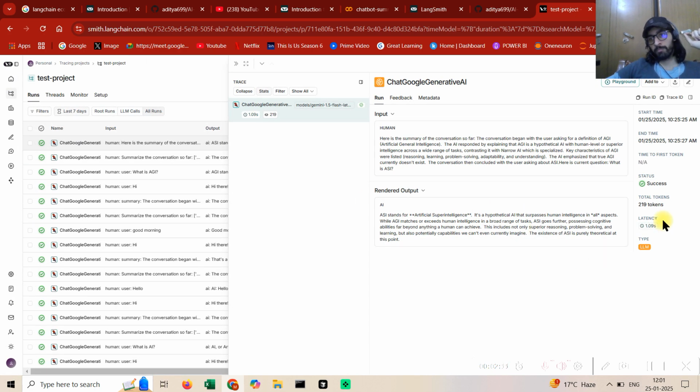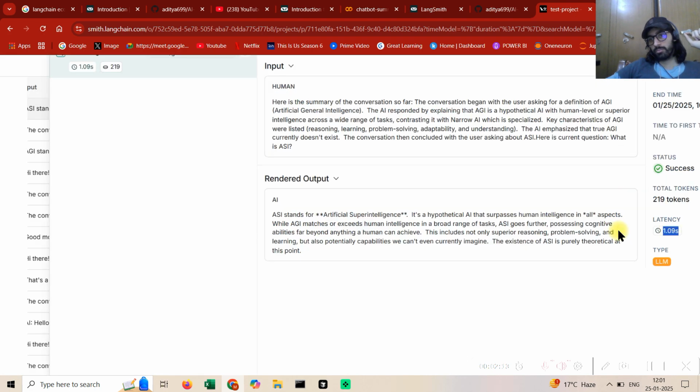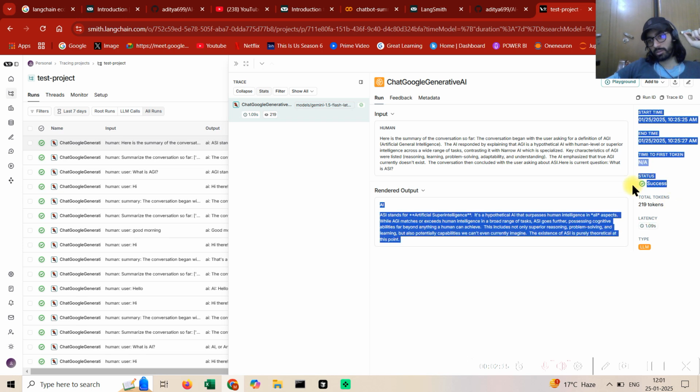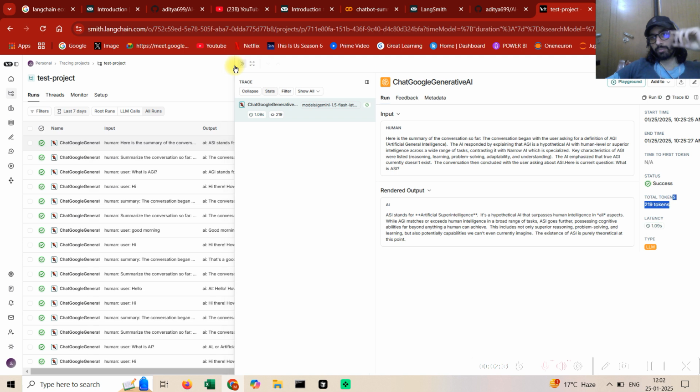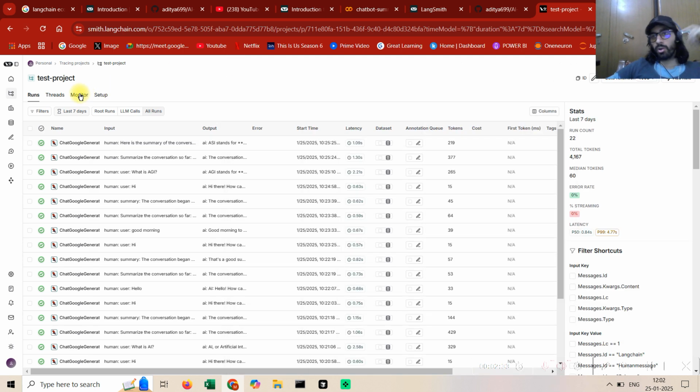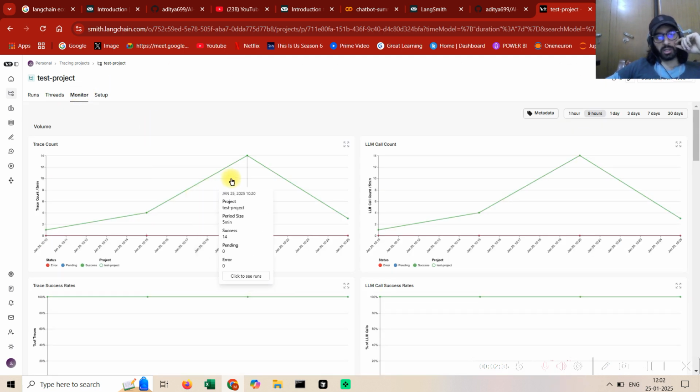I have other things as well, like the latency. It's a success, right? That means the API call was made successfully. Then how many tokens I'm using, and other aspects are also there. So what was the start time, end time, and essentially you can analyze a lot of things from here. Whenever you prepare an application or deploy it, monitoring is very important. So see here, I was able to see